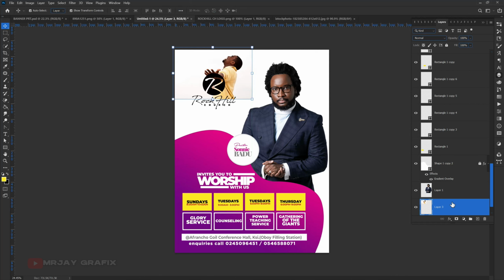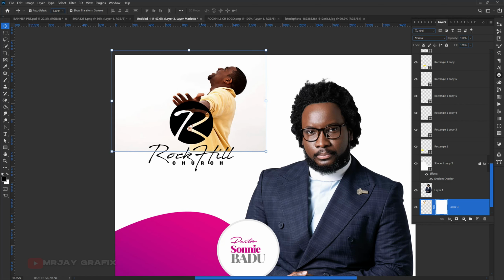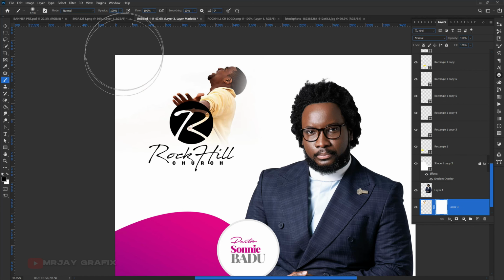Then you create your layer mask. Sorry, I said gradient map, I mean layer mask, not gradient map. So after creating your layer mask, you go for your brush and make sure the foreground color is black. Then you brush. Okay, after brushing,